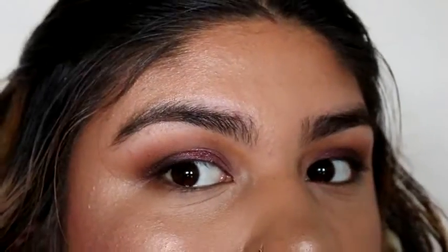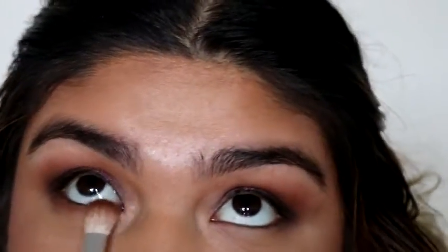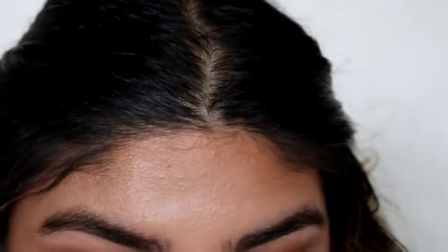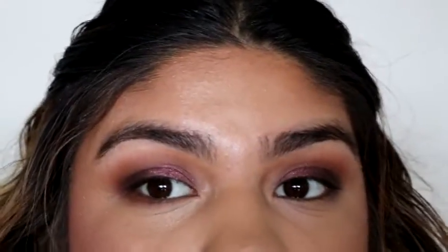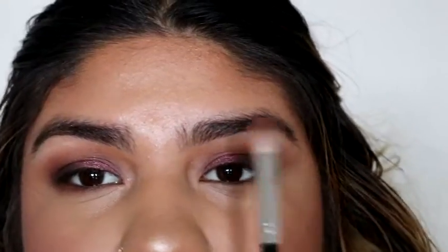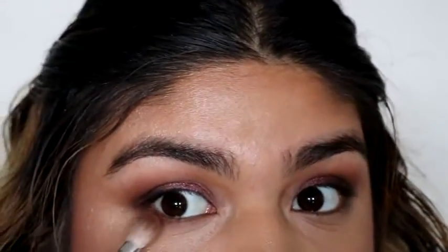Perfect. So I'm gonna start from the outer corner into the inner corner. I'm gonna look up when I'm doing that. Sorry, I took the shade Sweetheart and Rebel. So this is a really good tip: whatever you did at the top of your eyes, you need to do at the bottom. But obviously, if you don't like that look, or if you just feel comfortable applying just the top, then obviously go for it. But I'm gonna go from the top